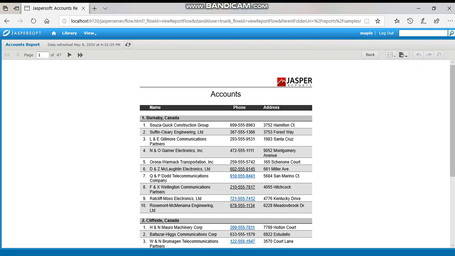But in case you want, you can have it categorized as a zone, you can have it categorized as per country, and many other criteria you can fit in as per your requirement. That is the beauty of a business intelligence reporting system.